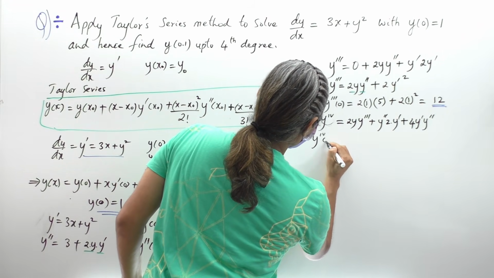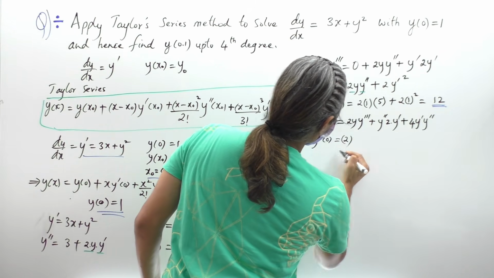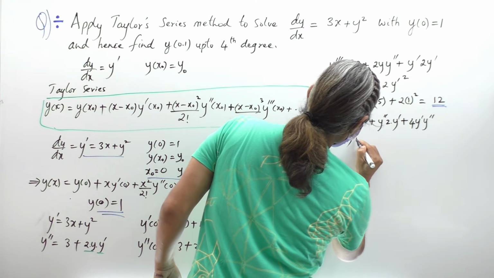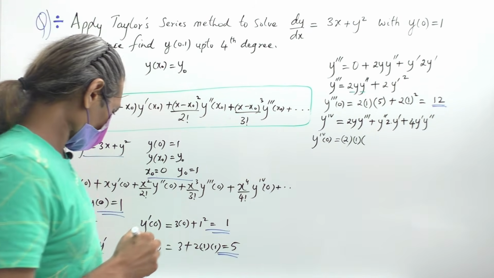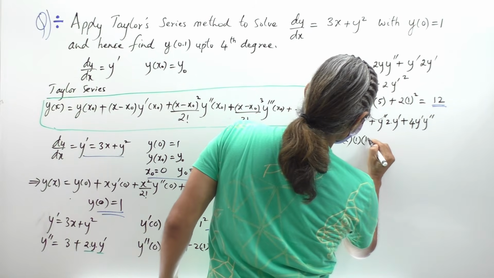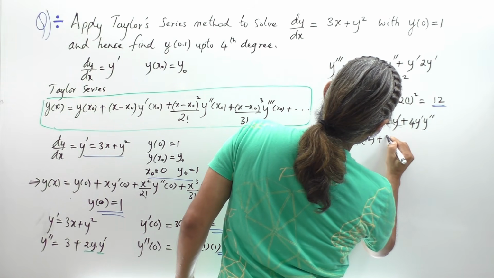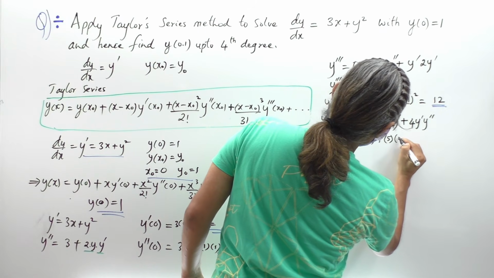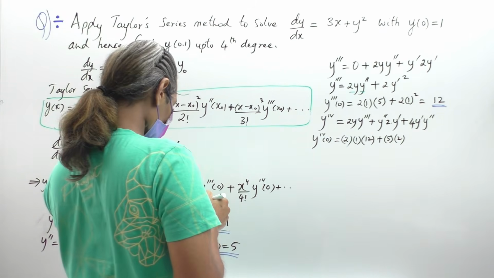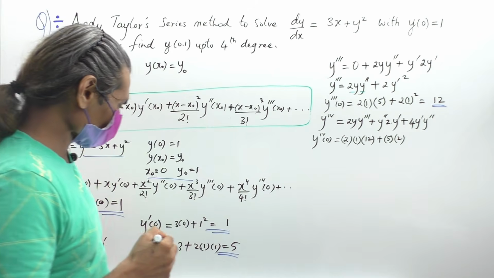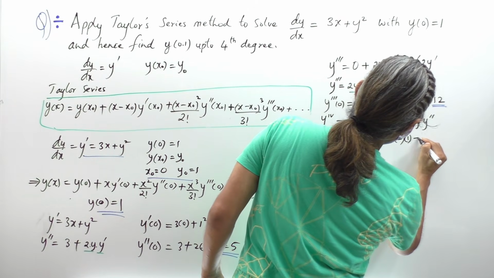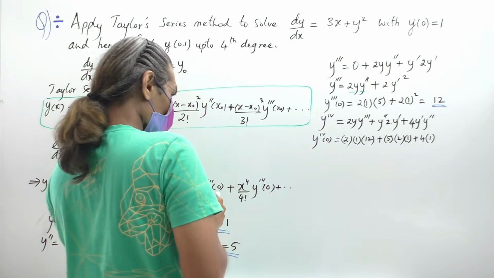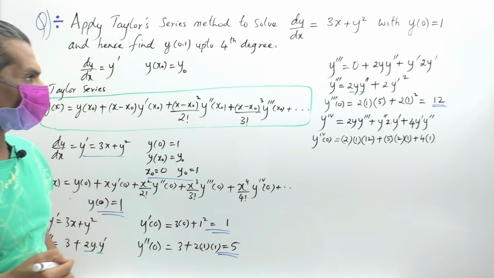Therefore y4 of 0, the last value, is 2 into, again see y of 0 is 1 only, into what's y triple dash? Here we found it to be 12, plus y double dash 5 into 2 into what's y dash? Y dash of 0 is 1, plus 4 into 1, and what's y double dash? We found it to be